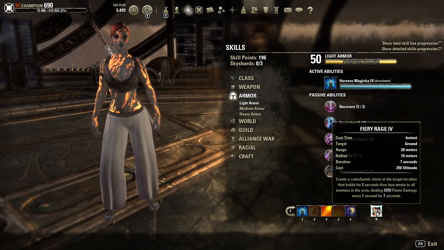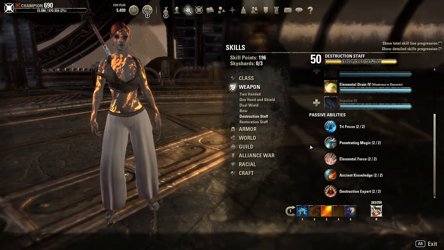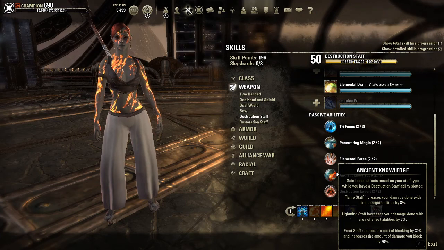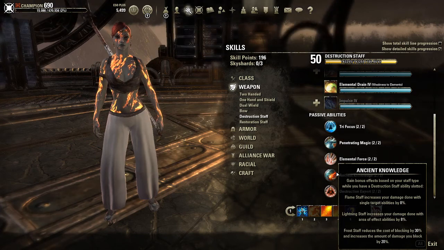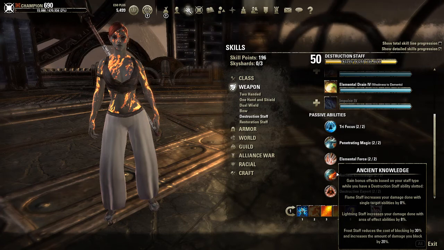This is just here so we can maintain our Ancient Knowledge passive. So if we go down to our Destruction Staff line, a lot of people don't realize you need to have a Destruction Staff ability slotted in order to have that 8% extra damage to single target abilities. You can see right there, you gain bonus effects based on your staff type while you have a destruction staff